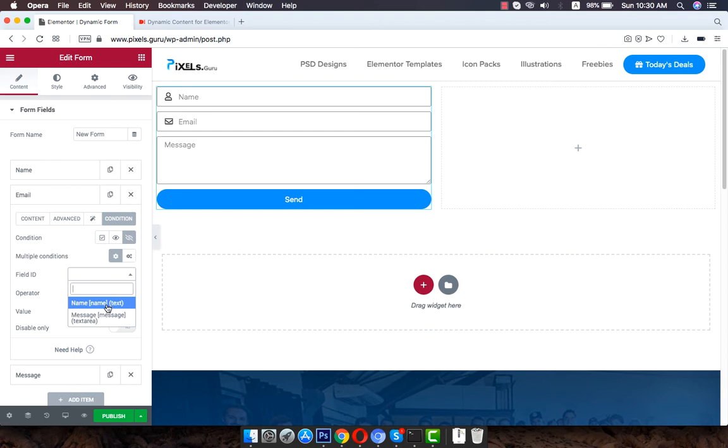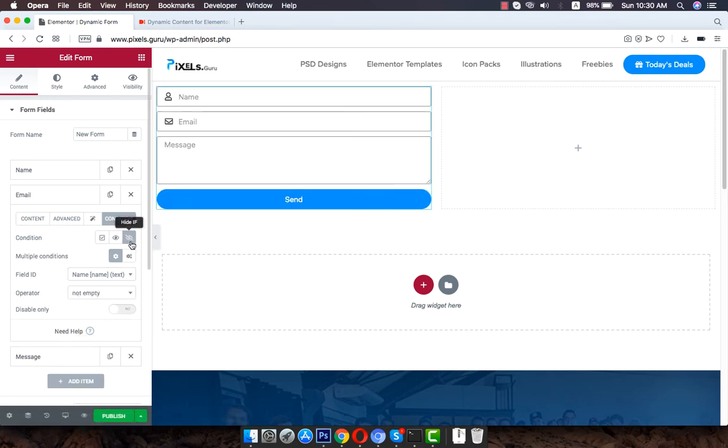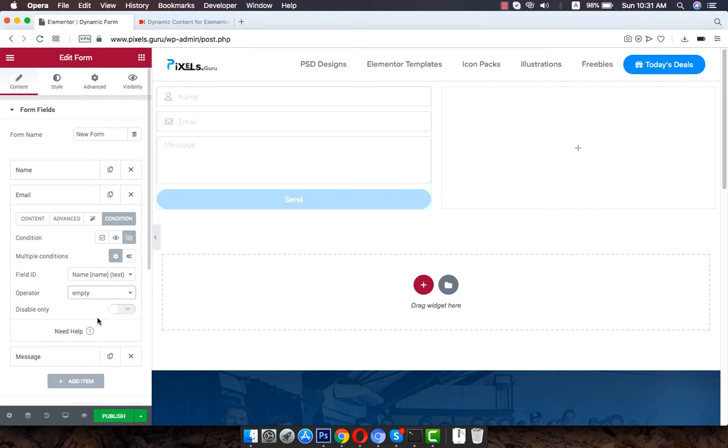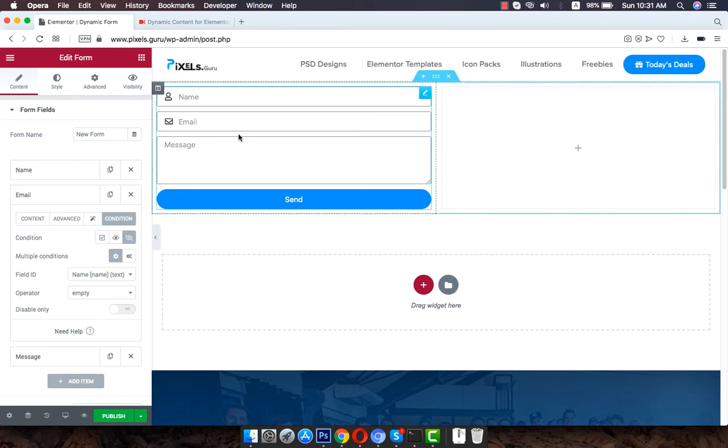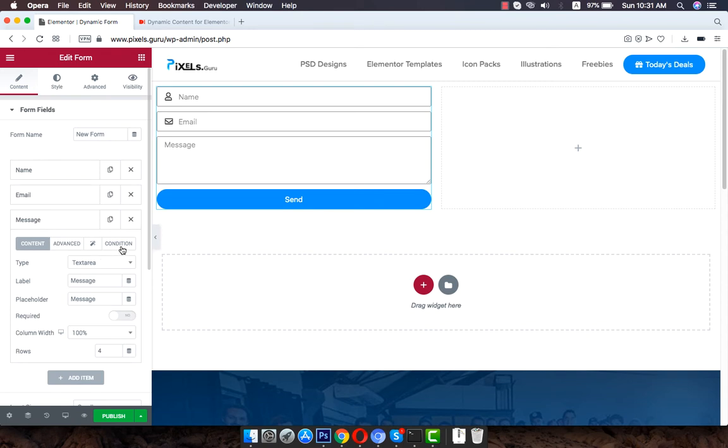Here you can make sure that the text field is not empty. I want to hide when the text field is empty. Good. So whenever the text field in the name is empty, the email field will not be shown to the user who is filling the form. The same I want to do with the message field.